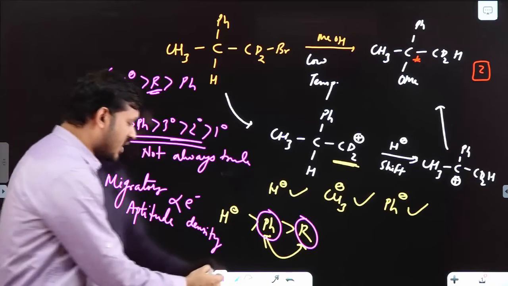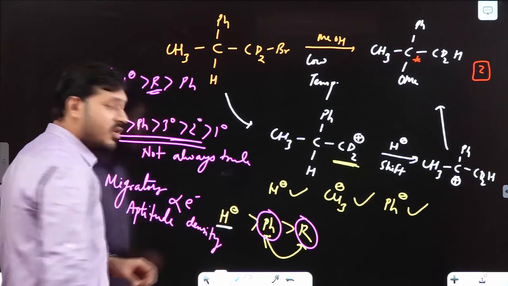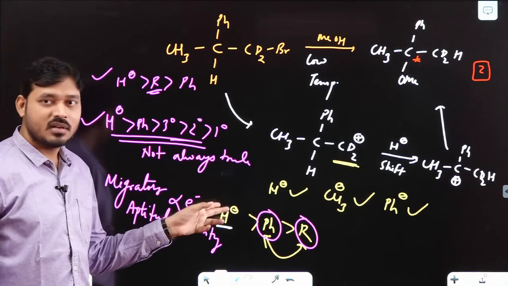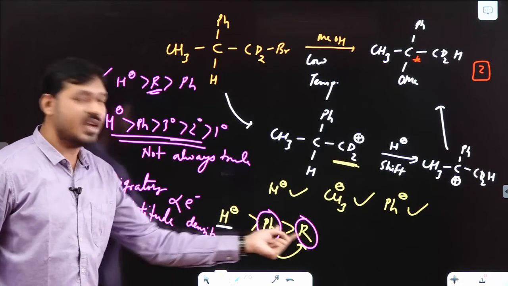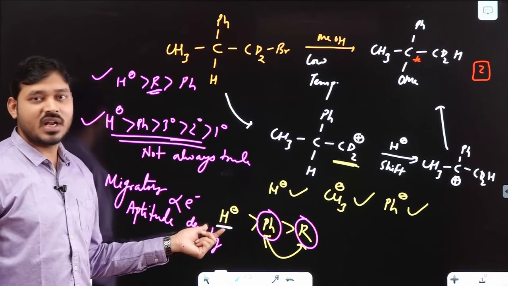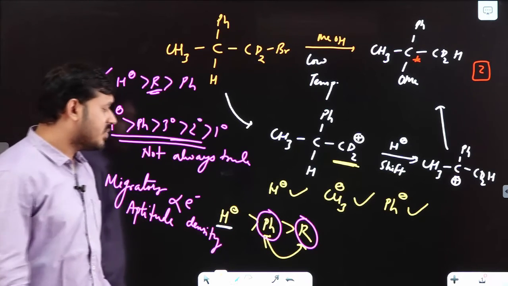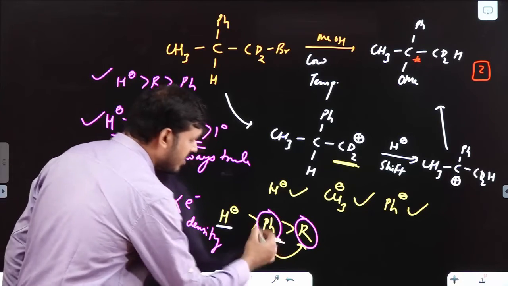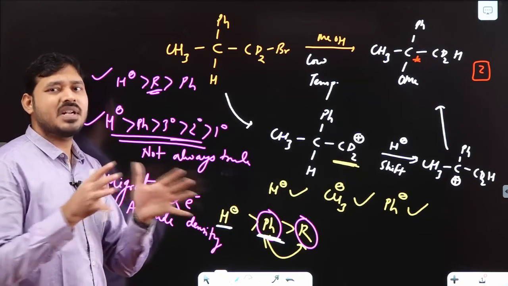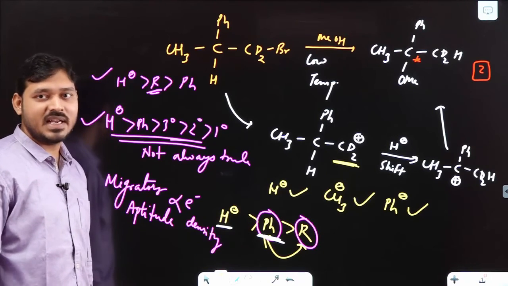Now sir, what is the actual reason? Because when you say the migration of hydride is maximum, what is the reason? See, it is not about the electron density of hydrogen H minus, because as compared to this, it will be having higher electron densities. So generally it has been observed, it is due to the least size having 2 electrons. Okay, clear? Now when you say pH and R, generally the observation is that pH is having a repulsion factor, and due to that it is having more migratory aptitude.